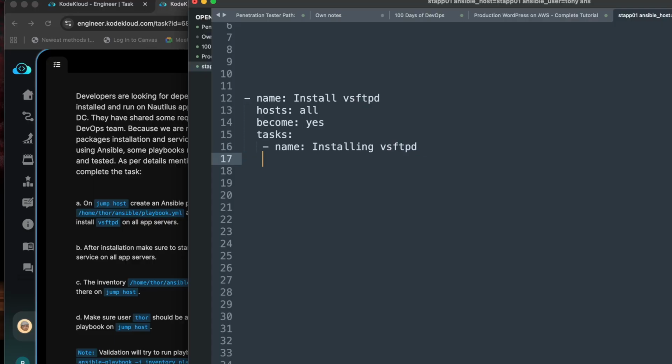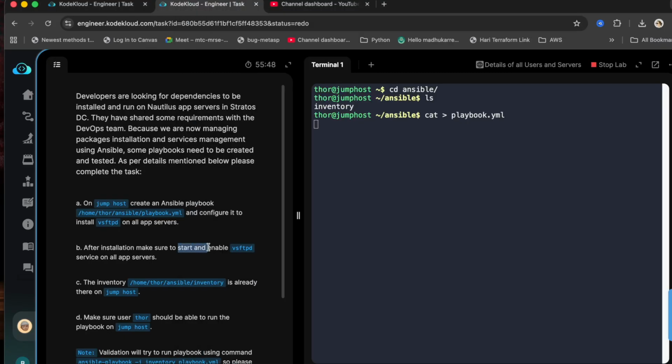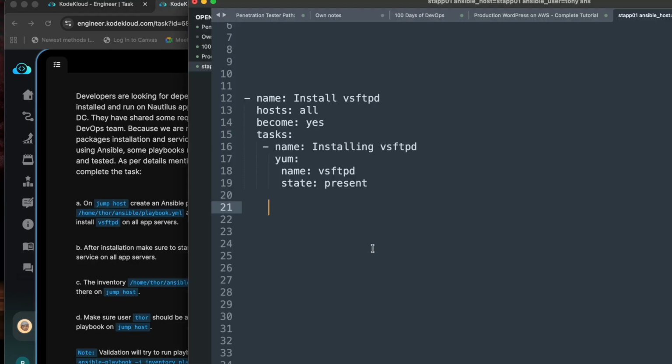The matter is we are going to use yum, and then name. So the tool we are installing is vsftpd, and then I'm gonna say state present. And then once you install it, we need to make sure that we start it and enable it. So let's write that part,